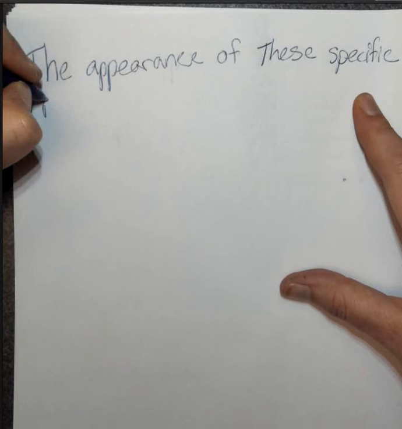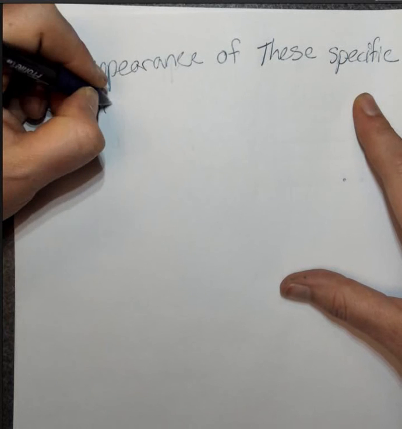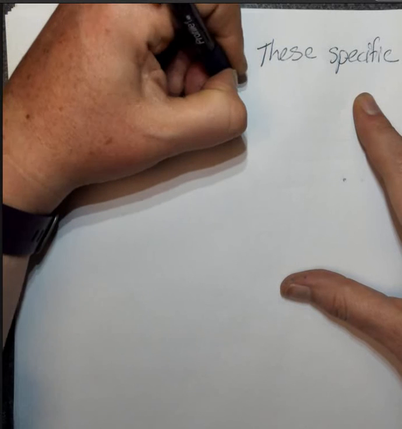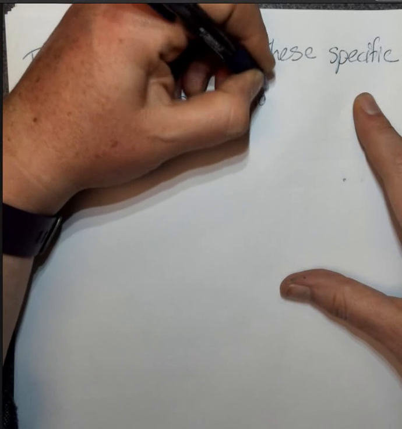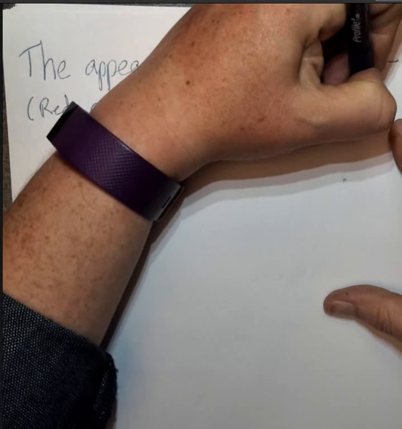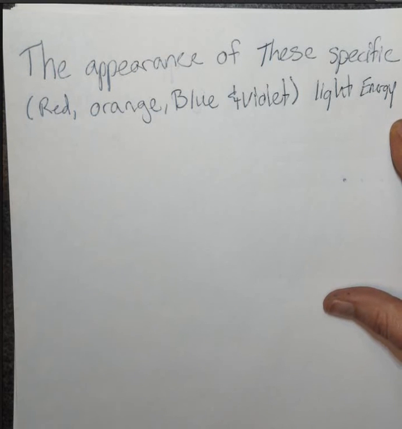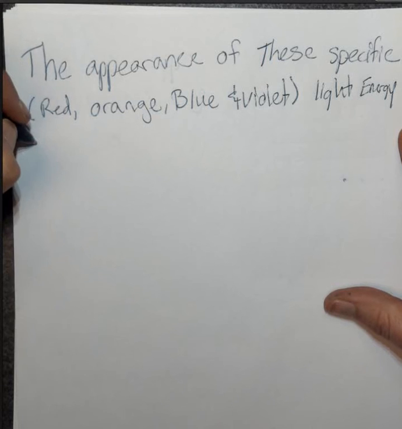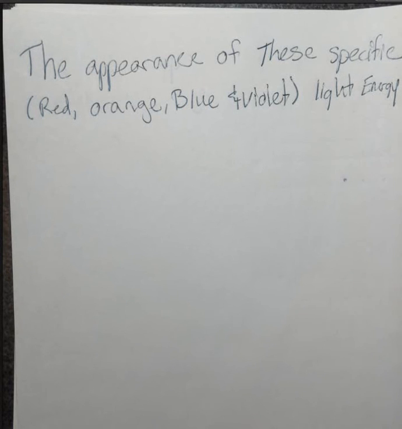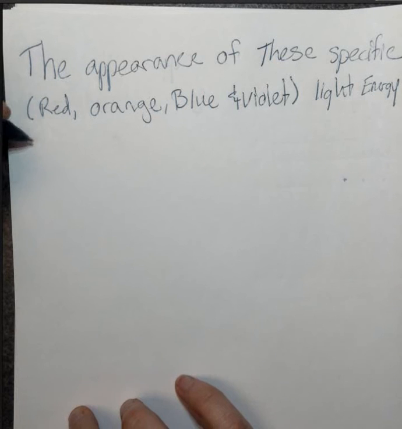The red, orange, blue, and violet. Alright, that means that the only reason that this could happen, it can only be explained if those are the only places that electrons can go. So it can only be explained